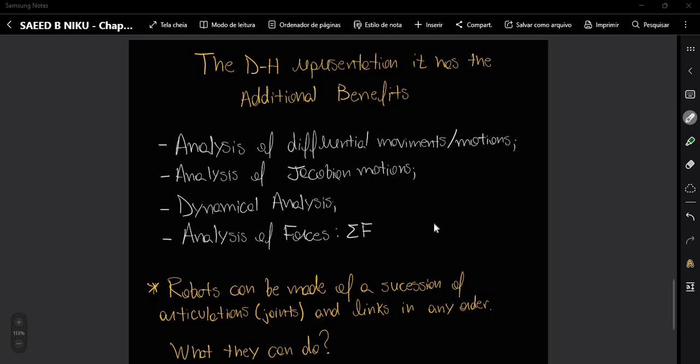When we use DH, which is the standard way to represent robots, we get the power to do analysis of differential motions, analysis of Jacobian motions, dynamical analysis, analysis of forces,